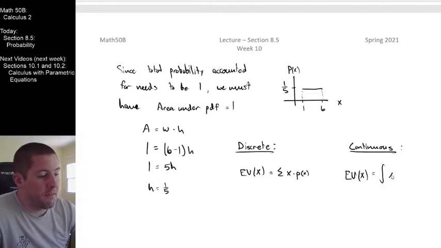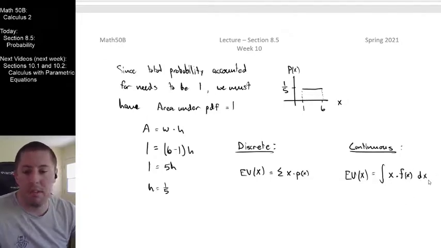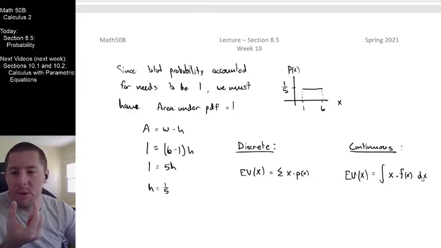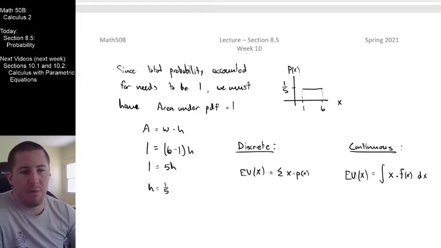Integral of the value times the probability distribution function, which I'm going to call f of x for that curve. And we're going to stick the dx on here, indicating that this isn't discrete. So how wide is each choice that we're making? It used to be a width of 1. There was one gap separating each of those, 1, 2, 3, 4, 5, and 6. Now there's an infinitely small gap between each of our two possible outcomes.